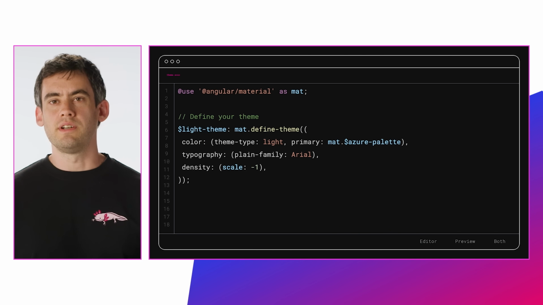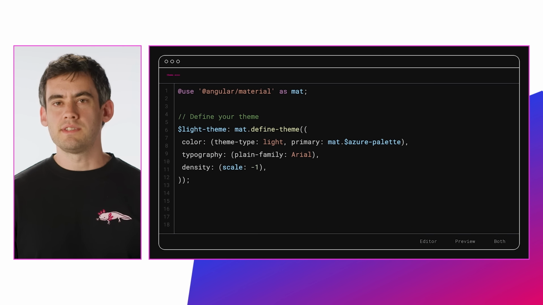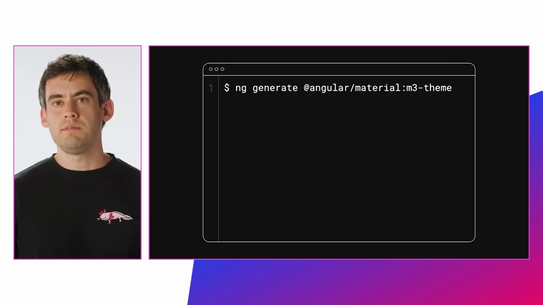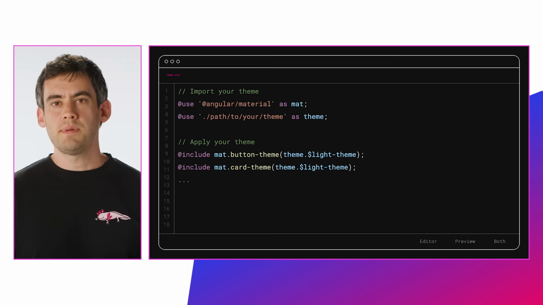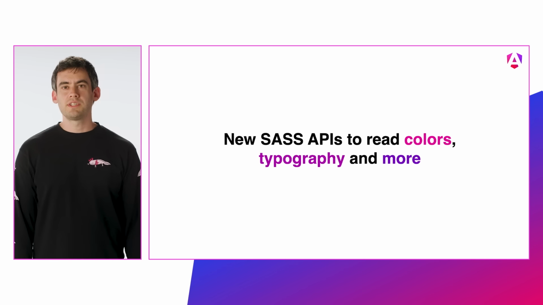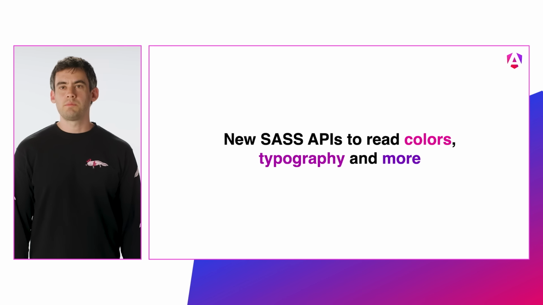To use Material 3 in your app, create an M3 theme in Sass using mat.define-theme, or generate a theme using ng generate. Then pass the new theme to the same Angular Material Sass mixins you're already using to apply your M2 theme. Along with the great features I've already talked about, we also offer Sass APIs to read colors, typography, and other properties from the M3 theme so that you can write your own custom components that work with M3